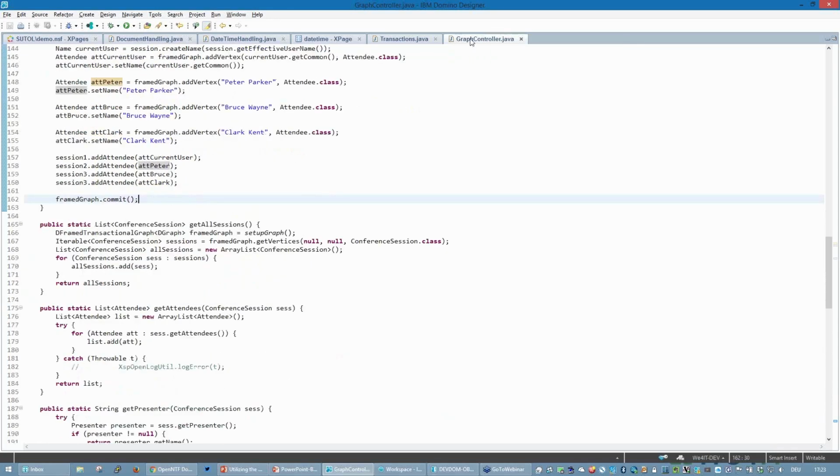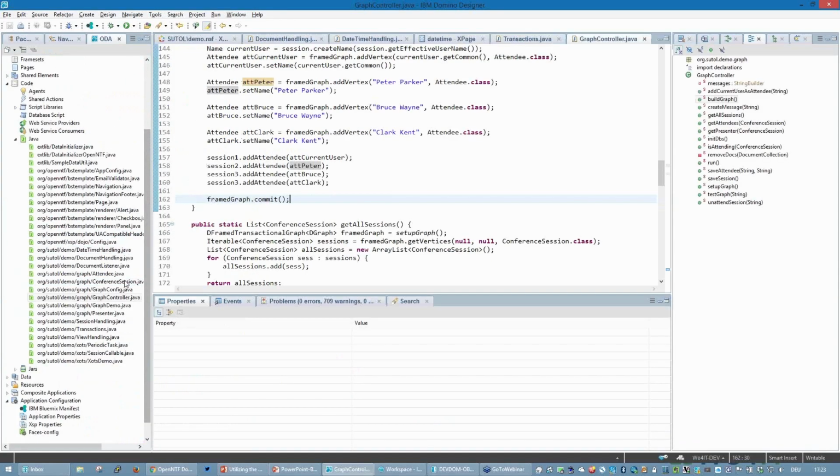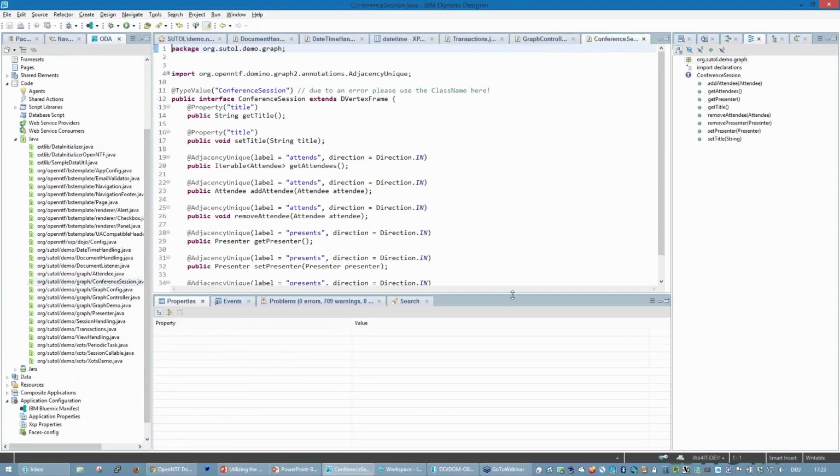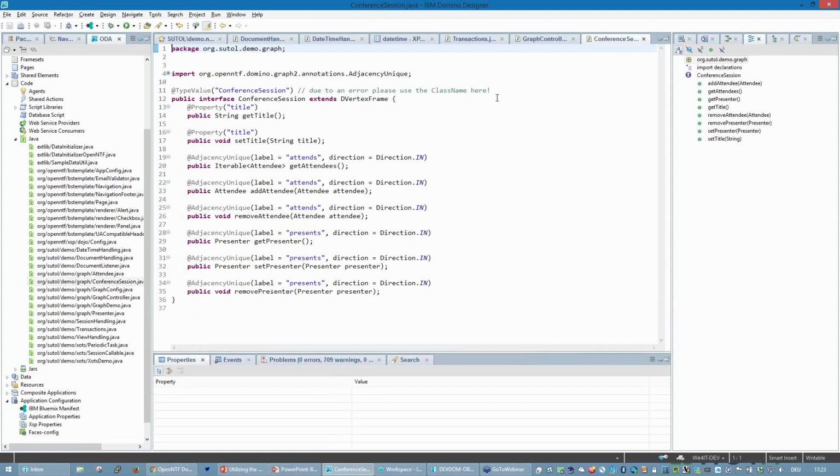So what I have to show you is just to give you an idea what a data model can look like. This is also a very basic one. This is the definition of the conference session. The conference session uses annotations. All those data objects use annotations that are also built in that graph part from the ODA. The type value is usually the form name. Property definitions like this